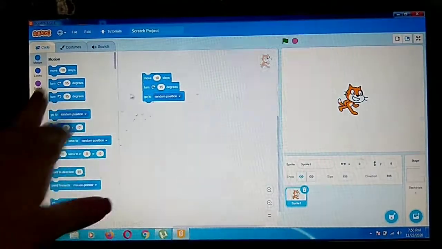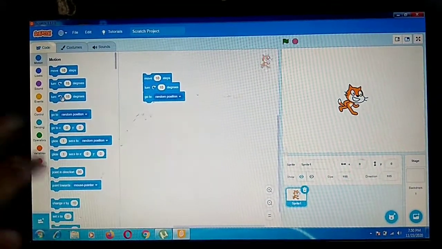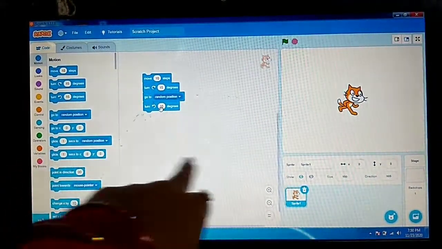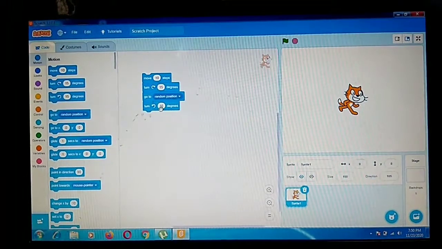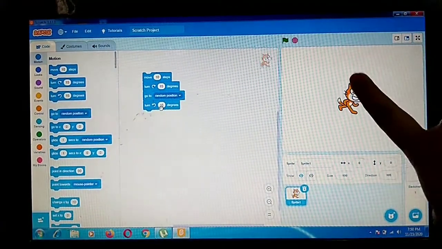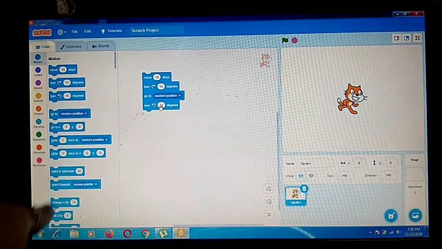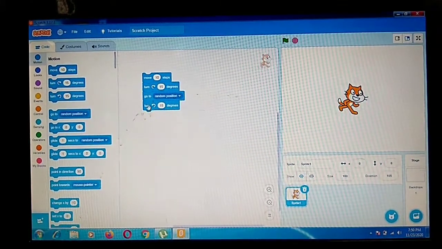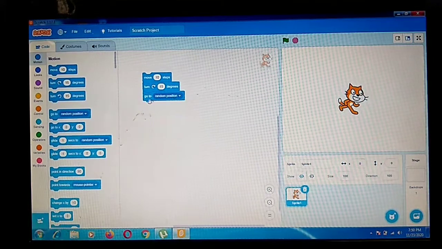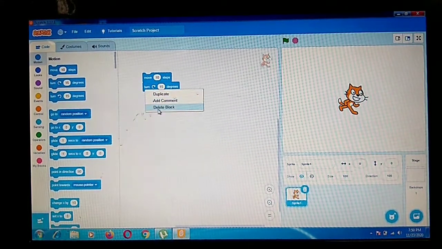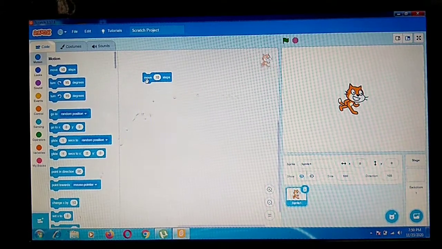I am moving this block from this position to this position. This area is the script area, this is your stage, this is your block palette, and these blue things are blocks. Now I am removing this block. Now you can see in your book what is given.